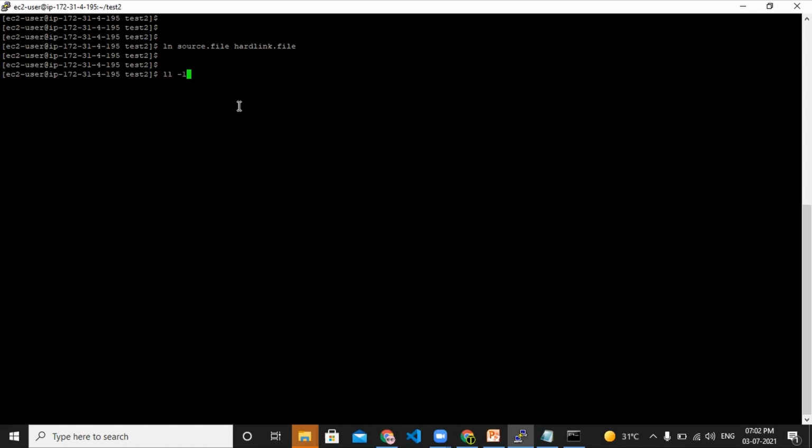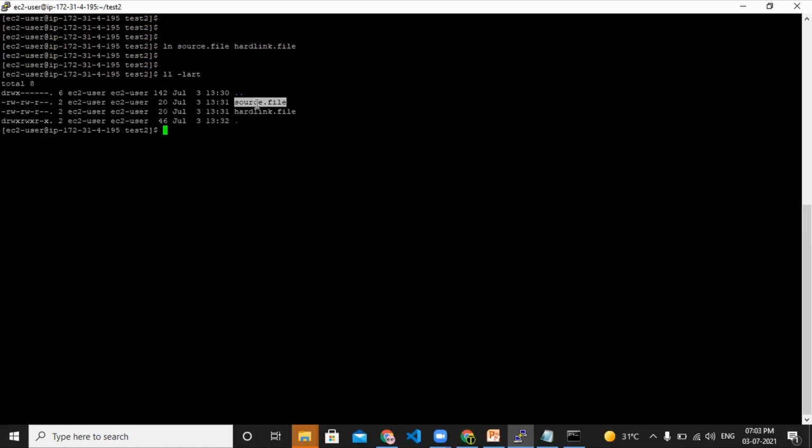ls -l, if you see here, you have a source file and then we have a hard link file. Source file we already saw what is the content inside it. If you see one more time, Hello, this is a hard link. Same, I want to see what is there inside this hard link file. So here also the same thing is there. Hello, this is a hard link. That's what we have created. Hard link in the sense it is a kind of a mirror. Whatever is there in the source, it will be there in the hard link.